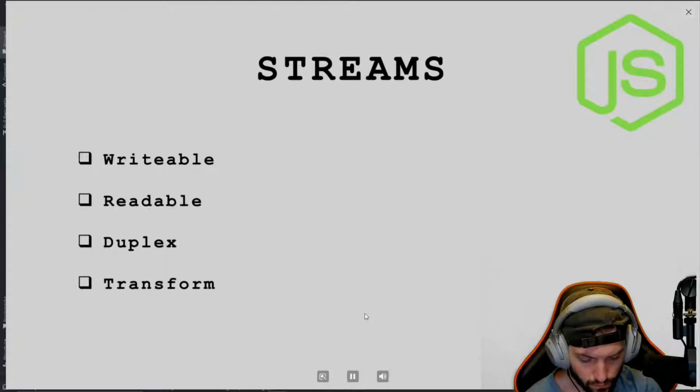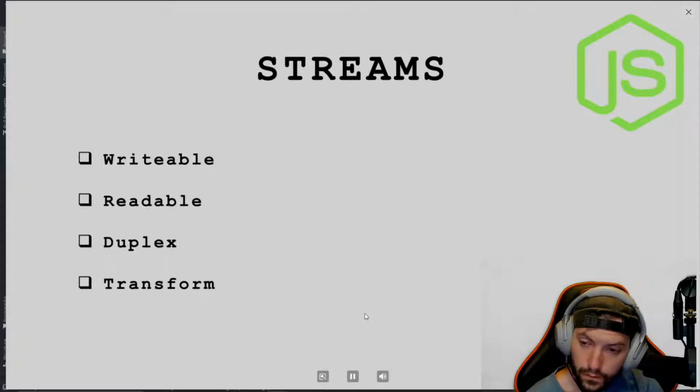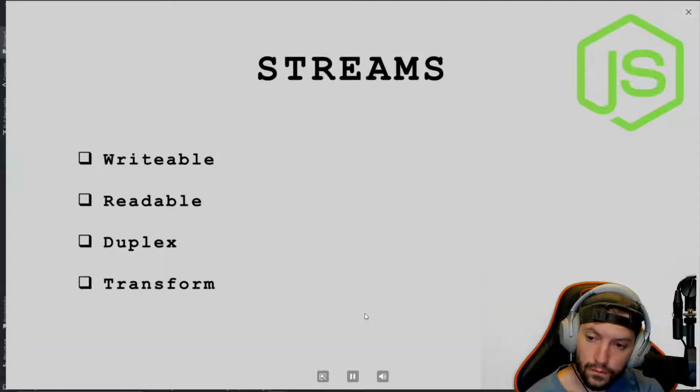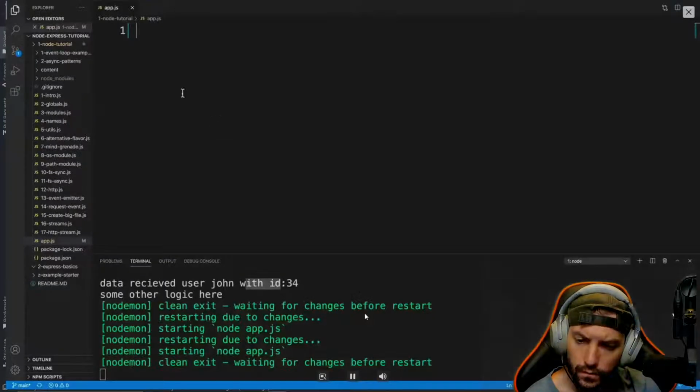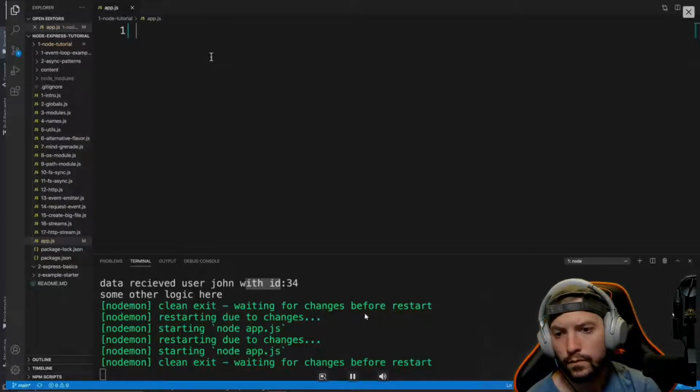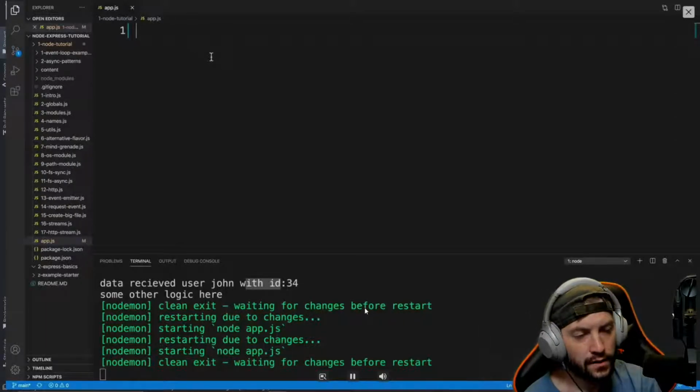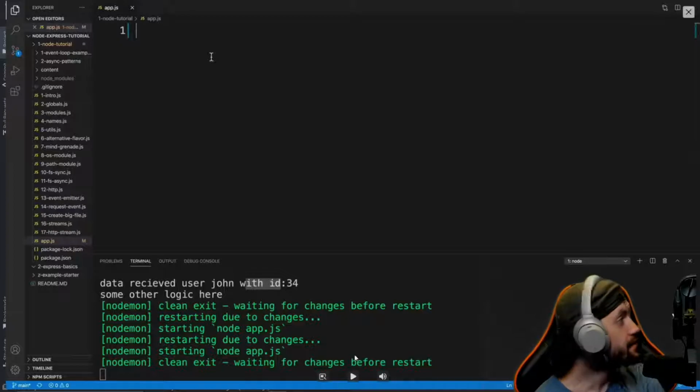Just like with events, many built-in modules in Node implement the streaming interface. And what's also interesting, streams extend the event emitter class, which simply means that we can use events like data and end on streams. Since streams are somewhat of an advanced topic in Node, I'll try to keep it short and sweet, mostly by showing you examples of streams, and hopefully that way you get the main idea without being overwhelmed. All right, and once we know the theory behind the stream,